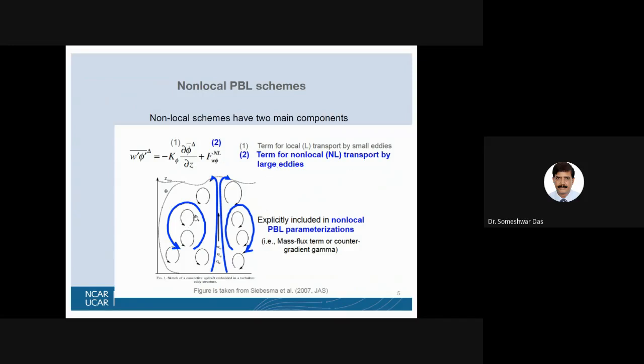All right, all these eddies indicated by the blue line indicate the non-local transport by large eddies, whereas the black ones are the small eddies. Okay, they are local transport of the fluxes by small eddies. So, is the concept of local and non-local clear? Is it okay? Is it clear to you? Yes, sir, local and non-local transport by small and large eddies. All right.